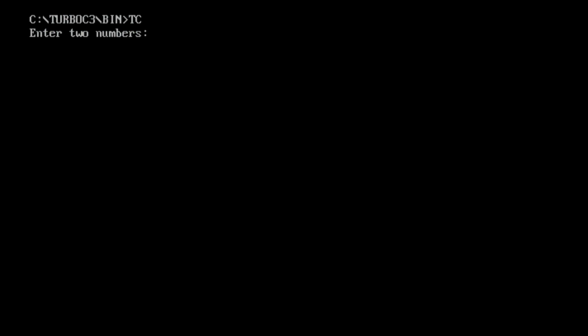So this is the output screen. See here, the enter two numbers statement is printed, which is written in the program with the cout statement. After that there is the cin statement, so control will wait there for reading the input from the user. After seeing this statement, enter two numbers, the user will enter any two numbers. For example, the user is entering